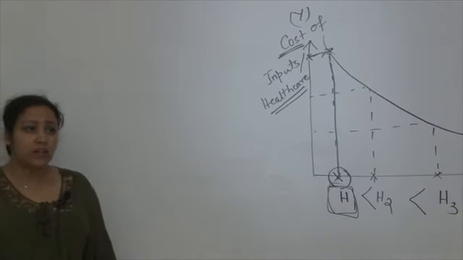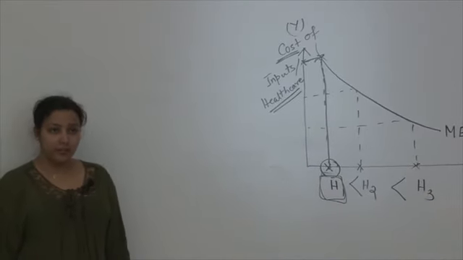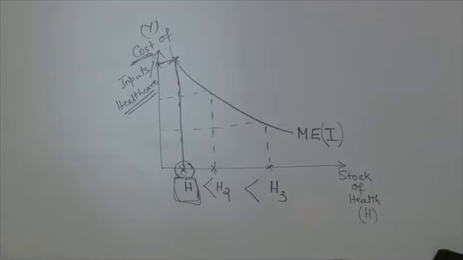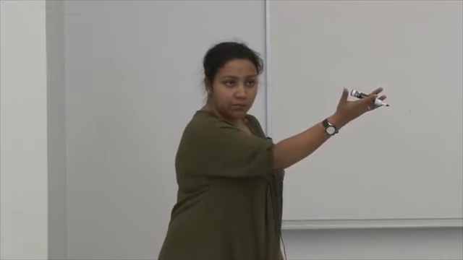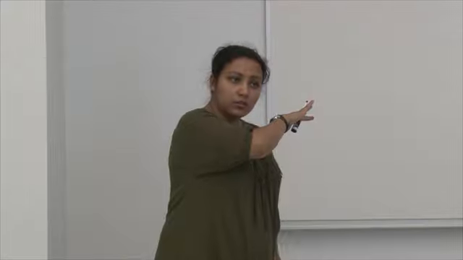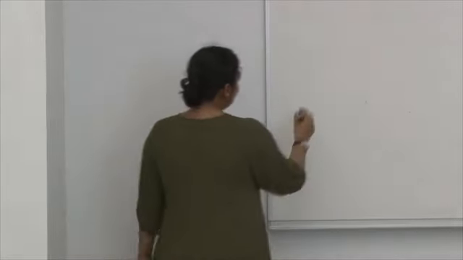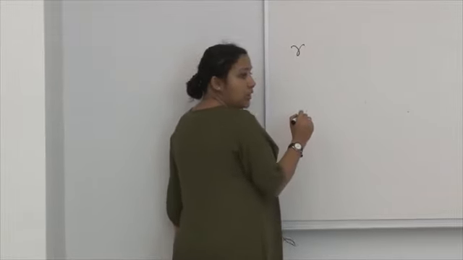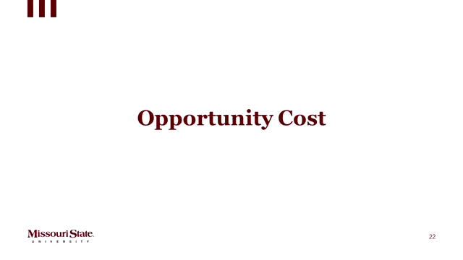There is something going in. It's not coming free. When somebody is consuming healthcare as a patient, that is not a free good. He has to put in something. So what is that something? Besides the MEI curve, what is measured? The MEI curve is the benefit side of things. But there should be a cost side of things also, right? What is that cost side? Now the cost side has 2 parameters or 2 dimensions. One is the opportunity cost, which is denoted by R.